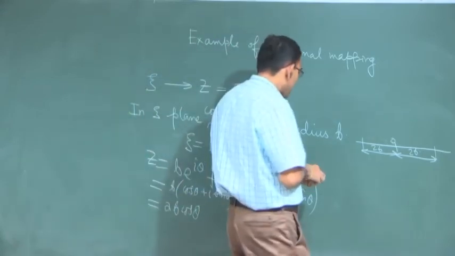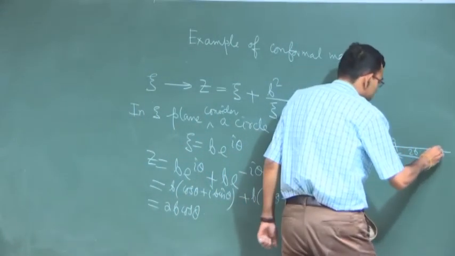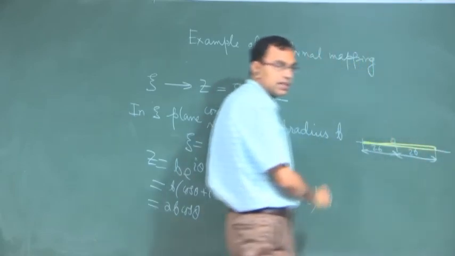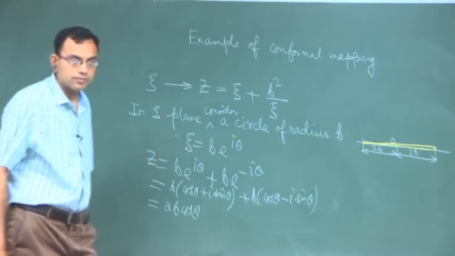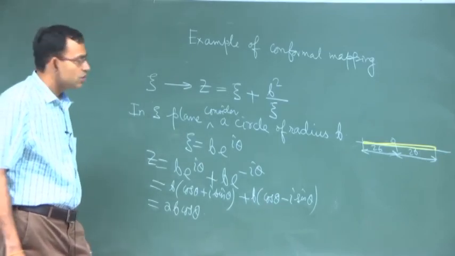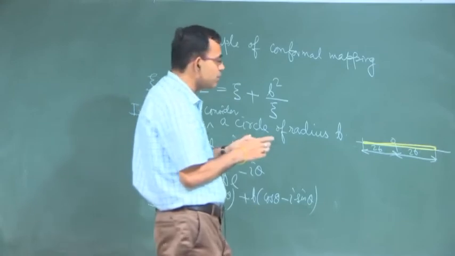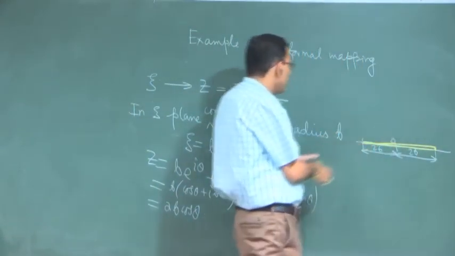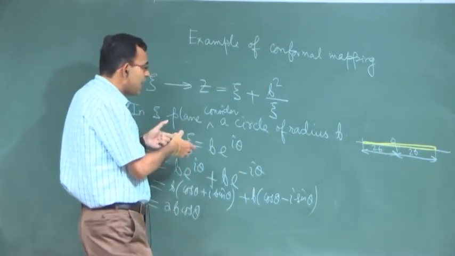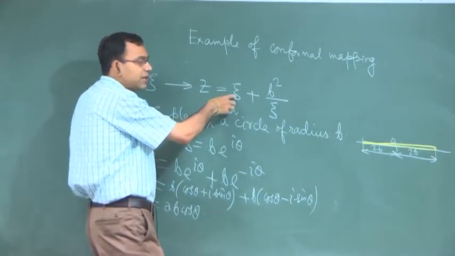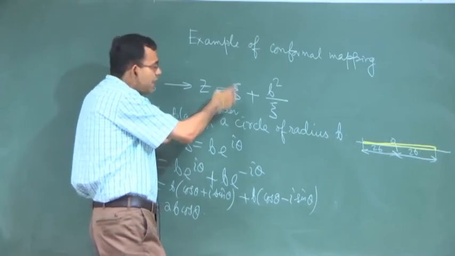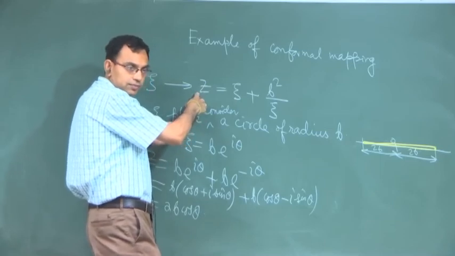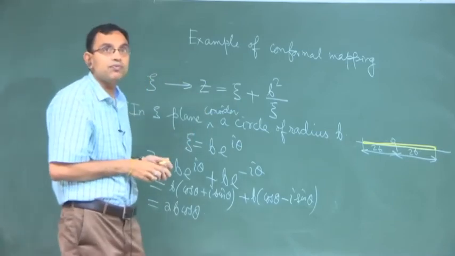So, you can see that the transformation transforms the circle to a slender piece like this. This is the beauty of this conformal mapping. If you now want to understand the flow past a slender piece like this, you can model that as a flow past a circular cylinder of radius b in the zeta plane and then apply a transformation where zeta is transformed into z. I will give you another example before we call it a day.